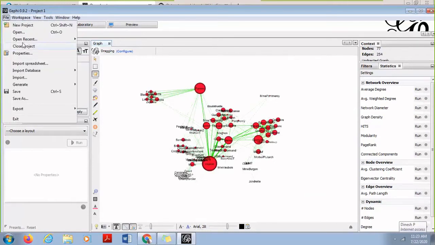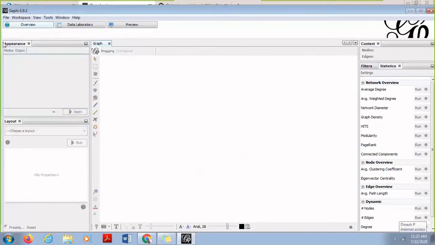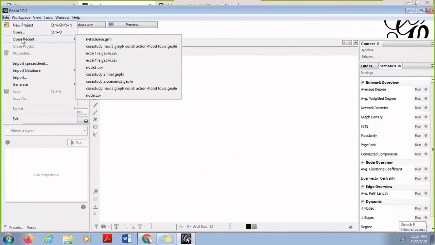Now I will close this and open the same project again, because I have some other options to be shown over here.